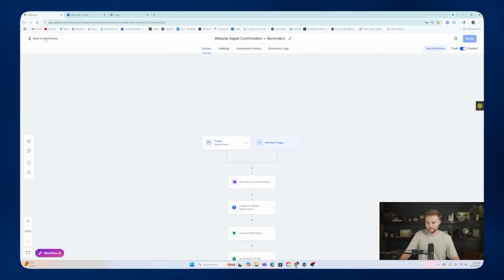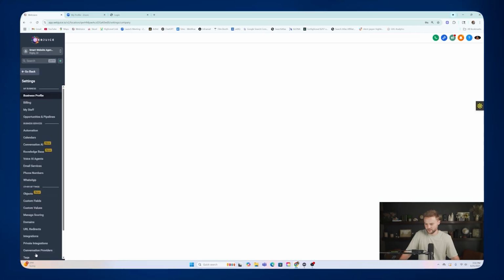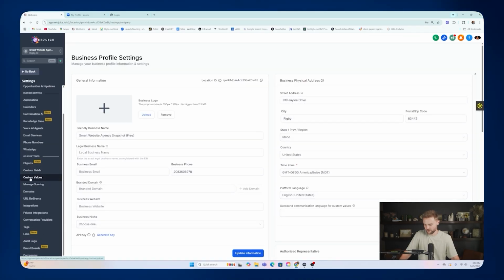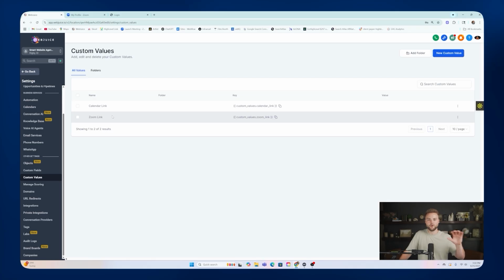One thing to be able to populate everything in the automations correctly though, we do need to go in our sub account, settings, and then we'll scroll down to this field right here called custom values. In this field, you'll need to make sure to grab your Zoom link and your calendar link, because these are 2 links that we're going to be using in our automations. And if you paste them here, they will populate correctly in all your automations when it sends a text or